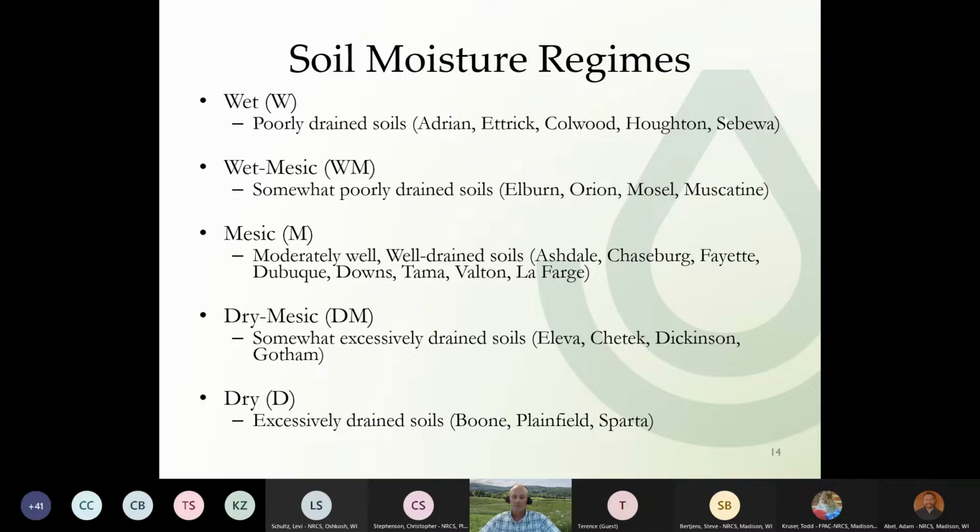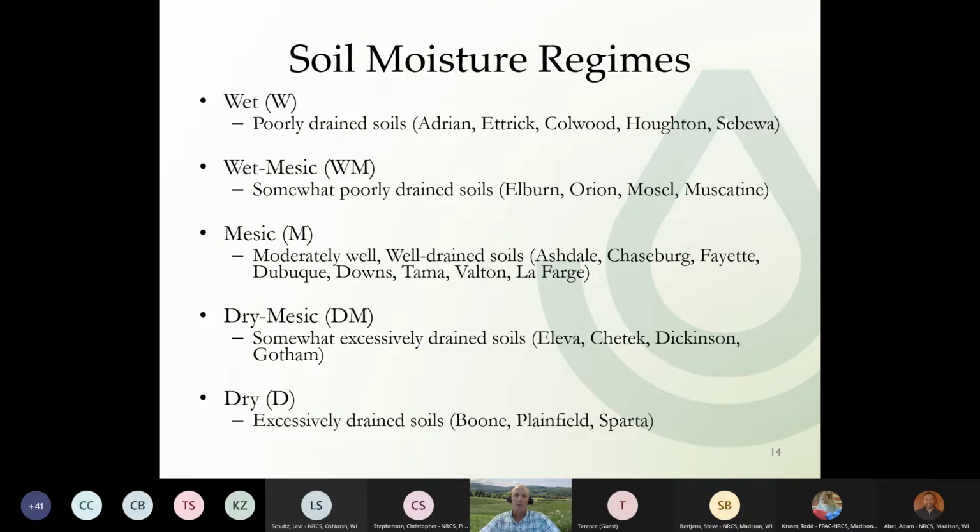You're going to see this in your seed designs, and you're going to see the DM, dry mesic, wet mesic, and W. I think the only term in here that maybe drives people crazy is the term mesic, right? Mesic to me is a bit more of a scientific term that means kind of wet, but can dry out at times, right? So let's talk about the wet